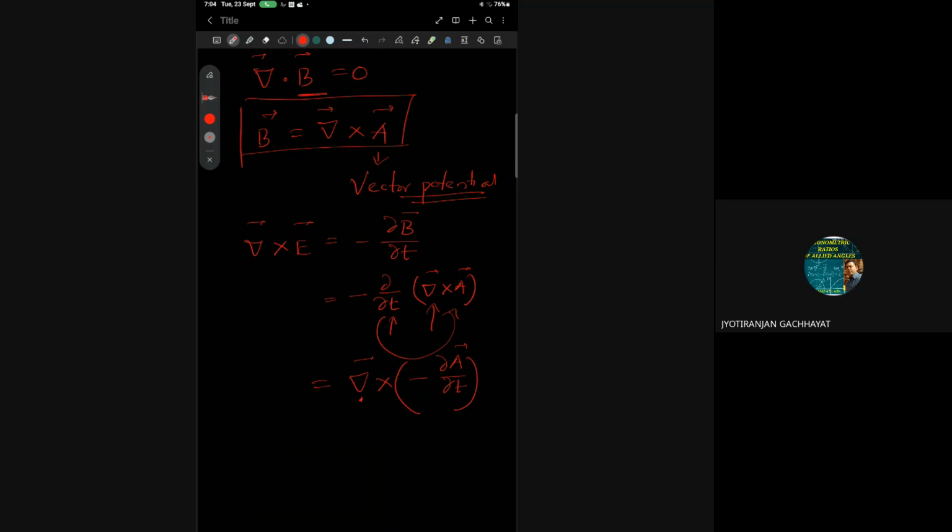Position cannot be expressed in terms of time, and time cannot be expressed in terms of position, in non-relativistic mechanics. When you go to relativistic mechanics, then things will change. Okay, now if that is the case, I can simply interchange